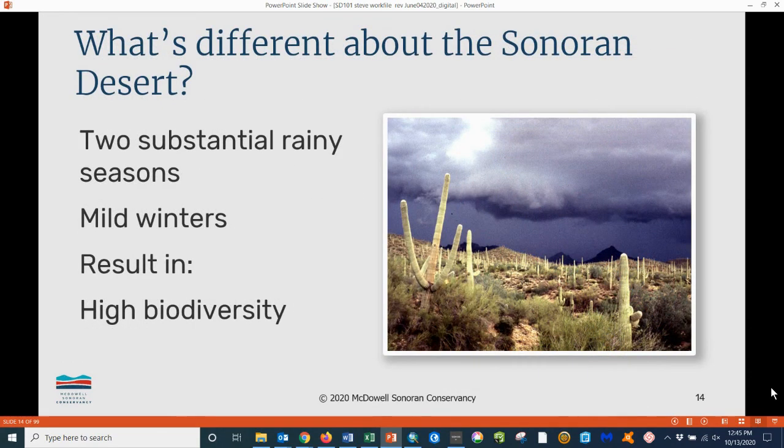As many of you know, the distinguishing characteristic of the Sonoran Desert is having 2 rainy seasons. Now, all of the North American deserts get some summer rain, but we get more of our rain during the summer than any of the other North American deserts.